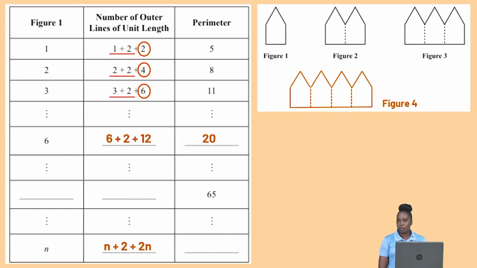So we can also make this connection to find the perimeter answer for the nth term by looking at the perimeter column and going vertically. So when we look at 5 and 8, we will notice that it is a difference of 3. And so 5 plus 3 gives me 8. I can also connect 8 to 11 by adding 3 to 8. We can test this out